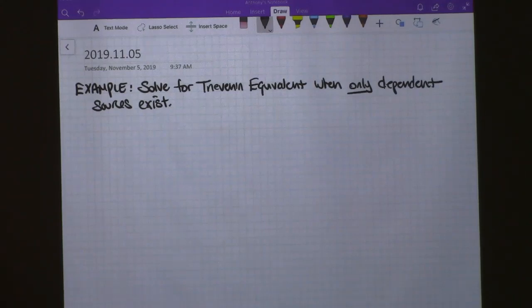And what we're going to do is a version of the problem that's very similar to the one that we just looked at, except we remove the independent source. So what we have is